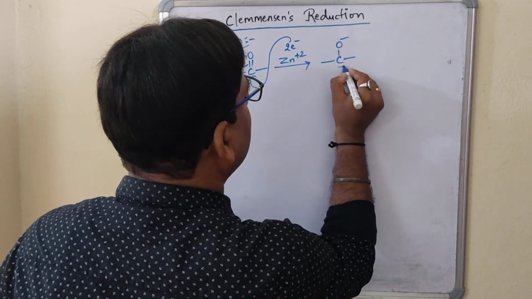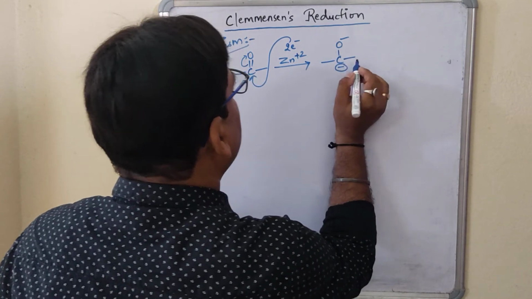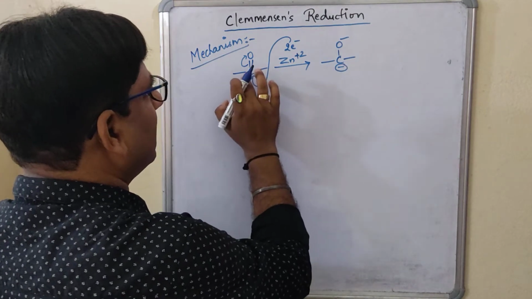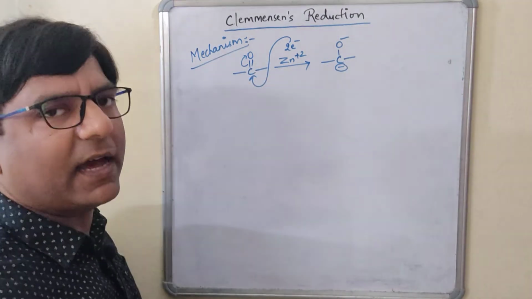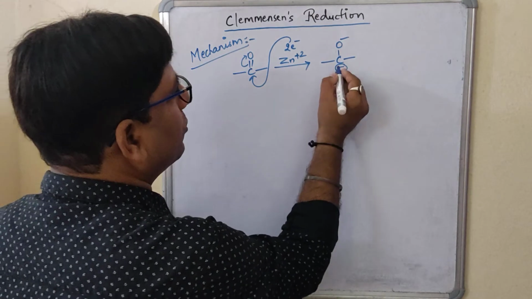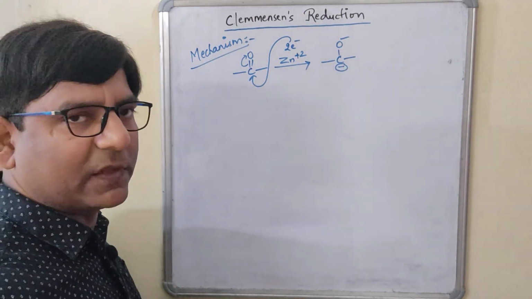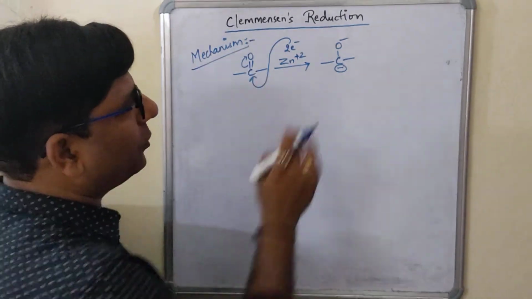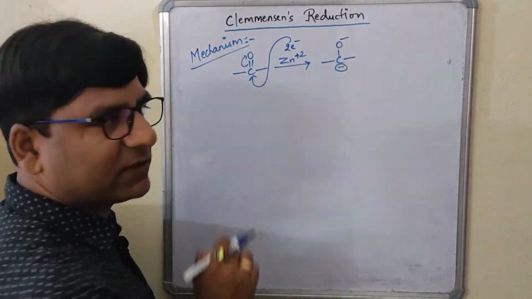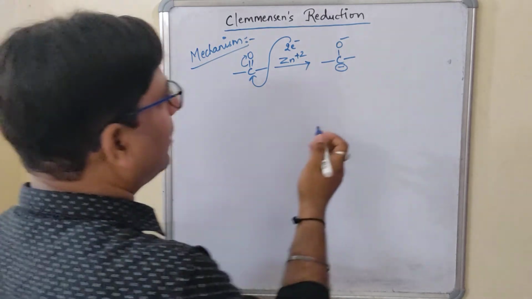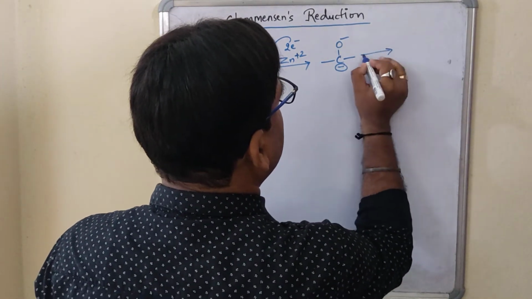and here we will get what? Negative. Why negative? Because 2 electrons have come and been given to this carbon atom. This negative means 2 electrons. Okay, you can understand it in this simple way. So here on both sides we have a negative, and this is also a carbon bearing a negative charge. Now in the next step, what will happen?